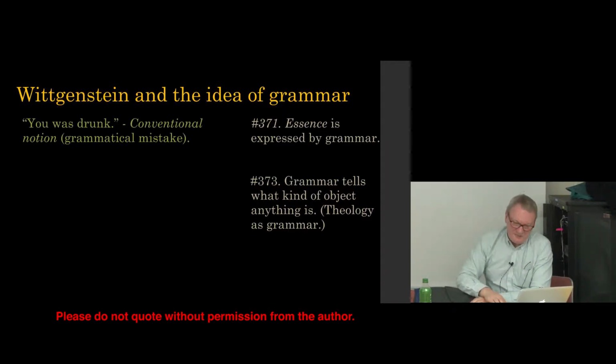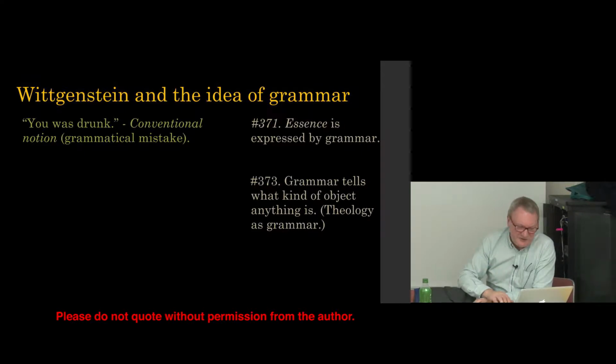You was drunk. Shouldn't be you was drunk, it should be you were drunk, shouldn't it? Yes? We shouldn't say you was drunk, it should be you were drunk. Yes, you know the grammar, okay? So that's the conventional idea of grammar, the linguistic idea. The children was young. That's wrong because it should be children were young, because the verb needs to be plural as well as the noun. Okay? So that's not what he's talking about.